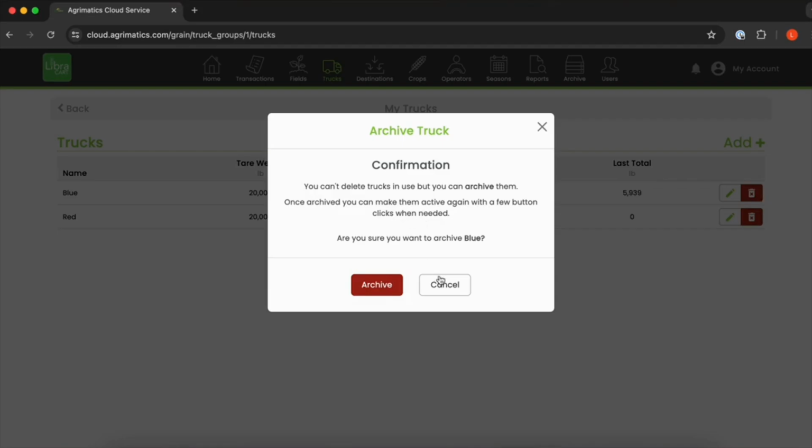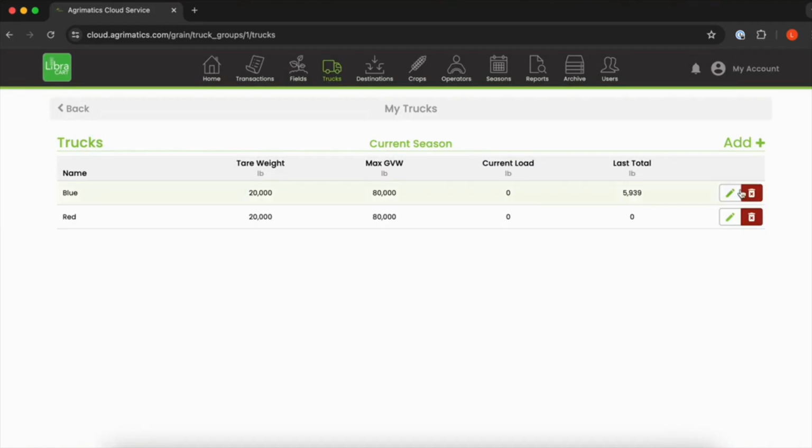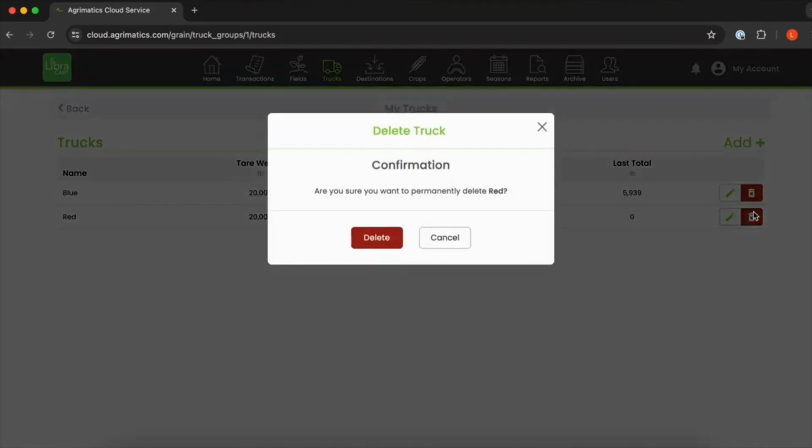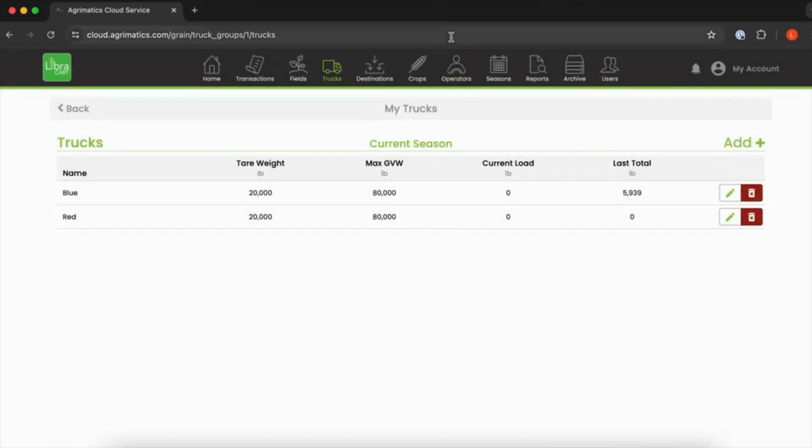And you can always bring back an archived thing, whereas this truck, this red truck, does not have any data tied to it, and thus can be safely permanently deleted without losing anything. Essentially right now it's just been sitting in a garage for all the app knows. And so we can permanently delete it, and that one is not able to be brought back later.